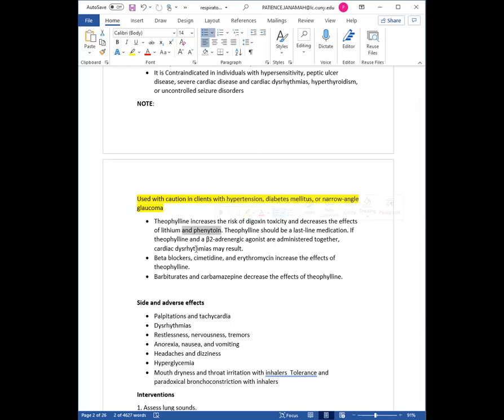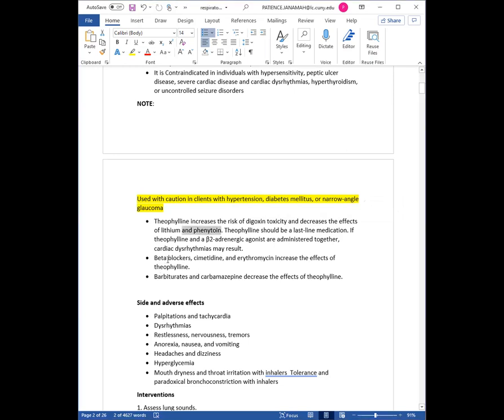If theophylline and a beta adrenergic antagonist are administered together, cardiac arrhythmias may result. So we're here to get to the beta adrenergic agonist. Now, beta blockers, cimetidine, and erythromycin increase the effects of theophylline. So if I start taking cimetidine and erythromycin, and then I go to take theophylline, it will increase